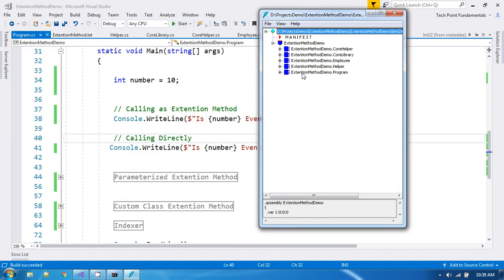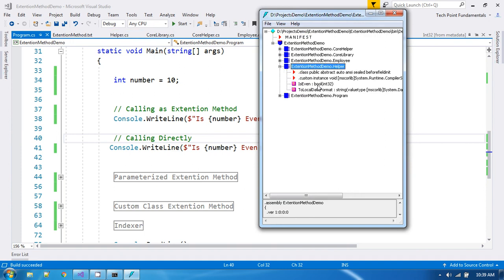Now here I have defined the extension method in the helper.cs file. So this is my helper.cs file, and in this, if you see here,